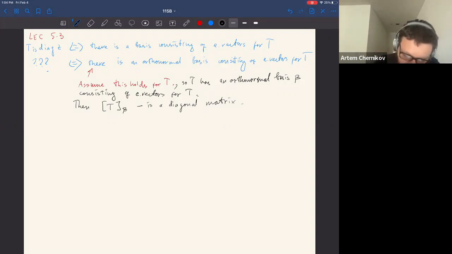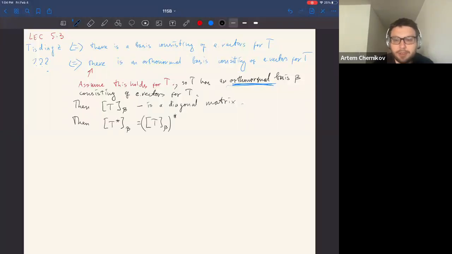And also, this time beta is an orthonormal basis. Then by a theorem we proved earlier, the matrix representing the adjoint T star with respect to beta is the adjoint of the matrix representing T with respect to beta, right? So we discussed this earlier. With respect to an orthonormal basis, taking the adjoint corresponds to taking the adjoint of the matrix. Okay, but then this is also diagonal,